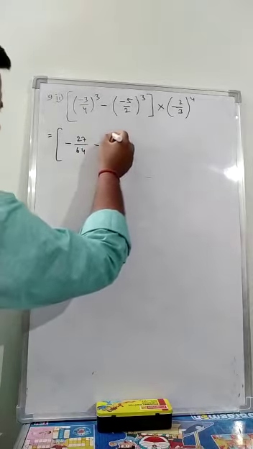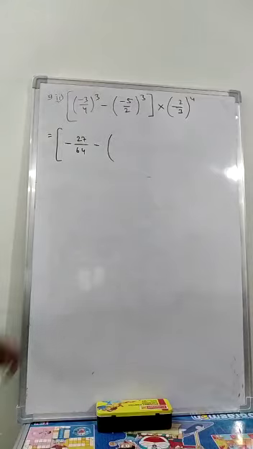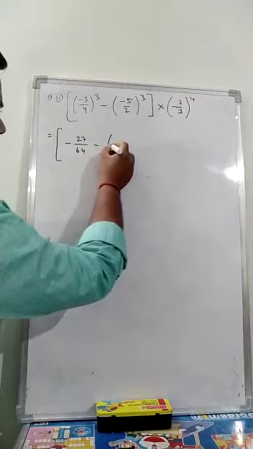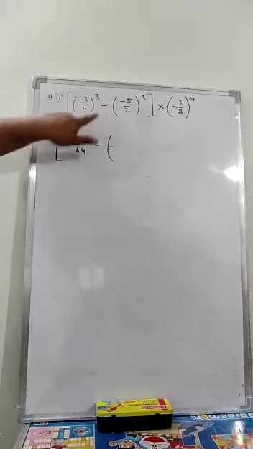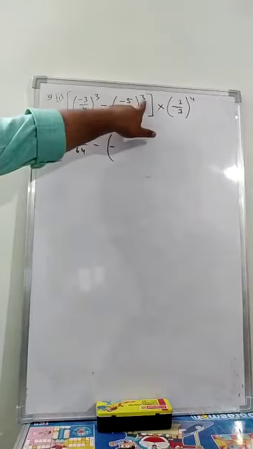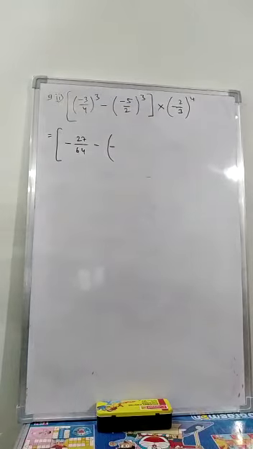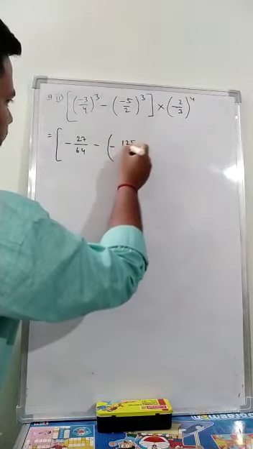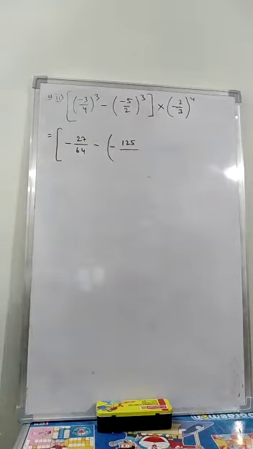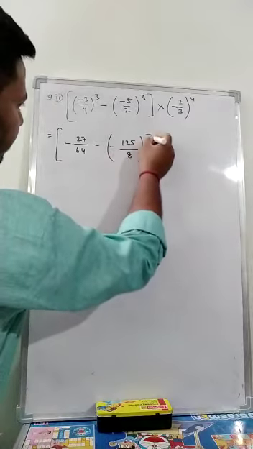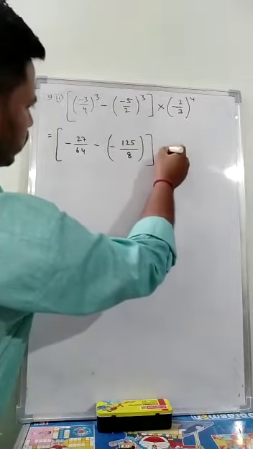Over here minus. Again I am putting a bracket here. Since the power is odd, again the minus sign will be retained with the base. So this minus sign came over here, and I have given this negative sign because the power is odd. Now 5 multiplied 3 times, 5 into 5 into 5, will become 125, divided by 2 into 2 into 2, which will become 8. Okay, close this square bracket, into.